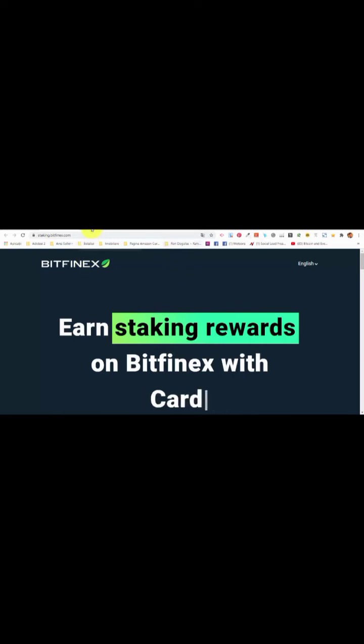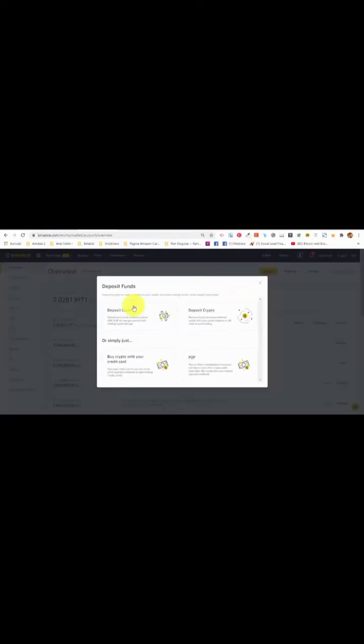Okay, now another platform where you can do staking is Binance, and Binance is very similar to Bitfinex in terms of how it works. You will see that you have a wallet as well. You just click on the overview button of the wallet. Okay, you just click on deposit and you can buy crypto with your credit card. It's as simple as on Bitfinex. Okay, you buy crypto with your credit card, and then if you are going to go to Binance,